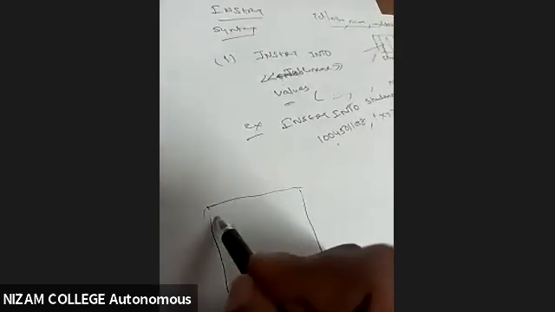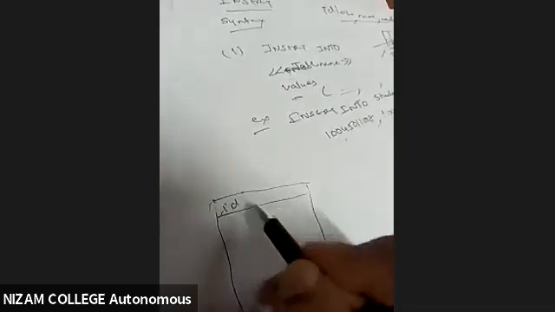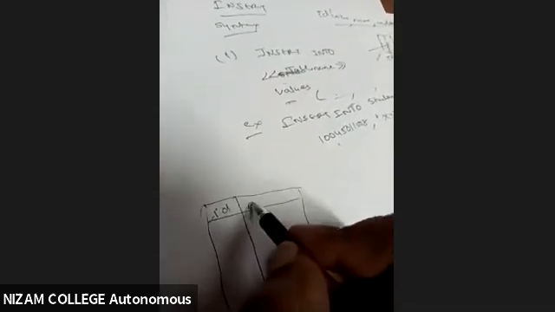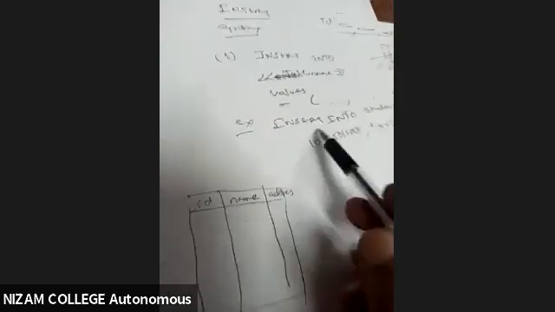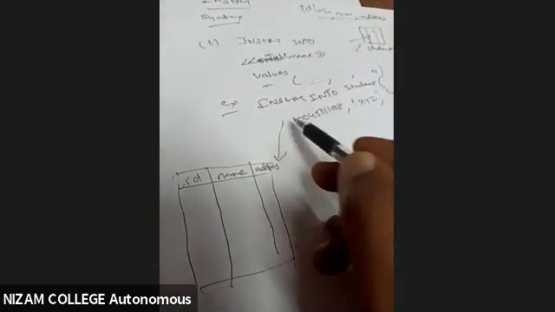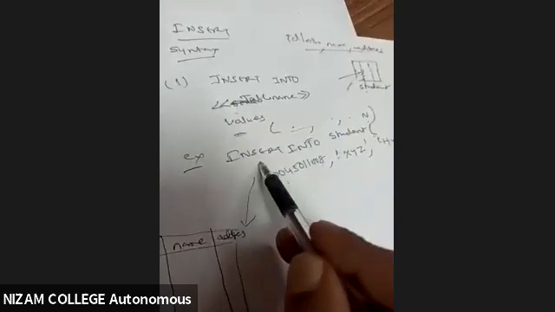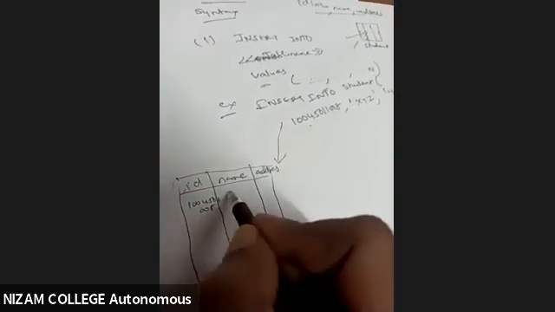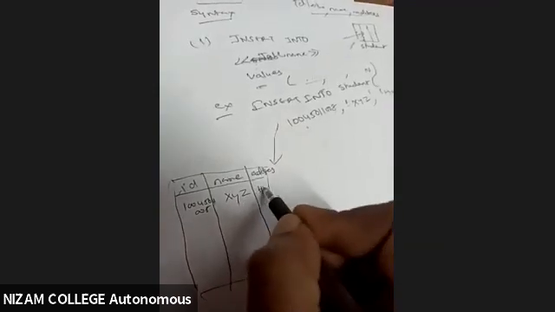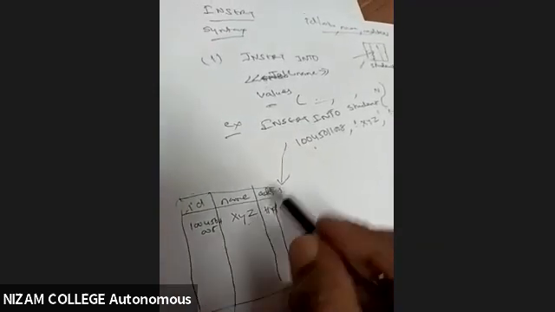So my first record has been inserted. This is my table. We have ID, then name, then address. With the help of this particular DML command, that is data manipulation language, we have used the insert command, and I'm trying to insert one record. So what is the record I inserted? Roll number 1004, name is XYZ and he is from Hyderabad. So the first record has been inserted like this.